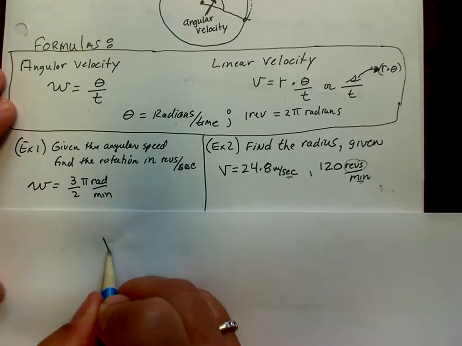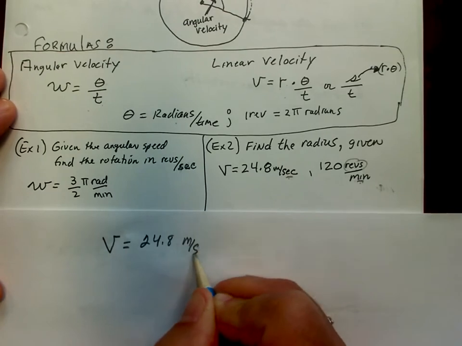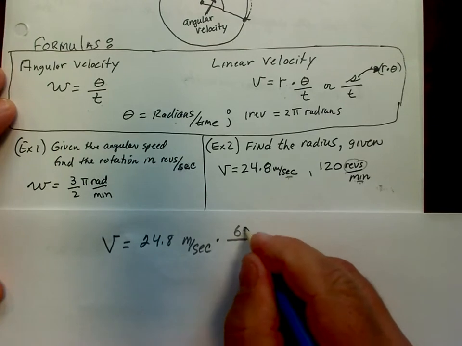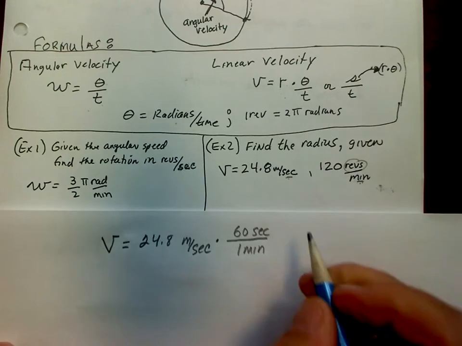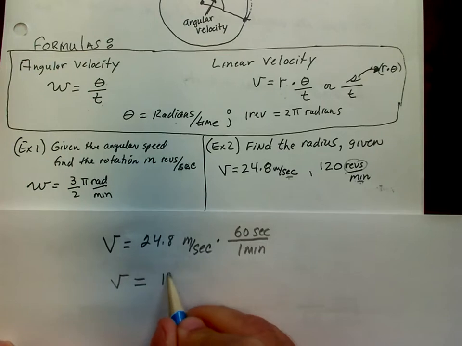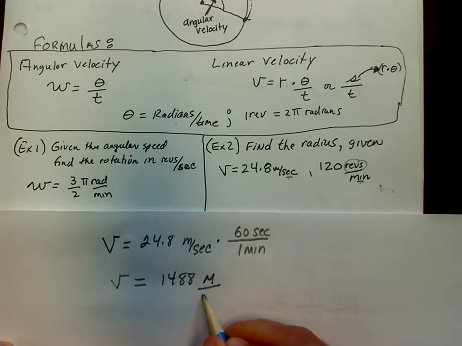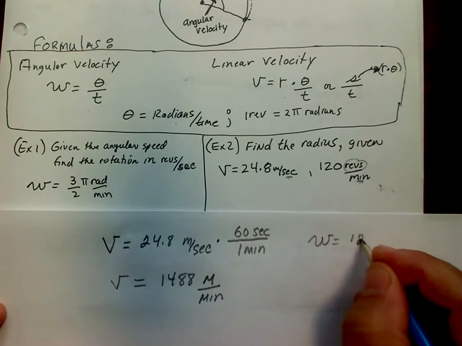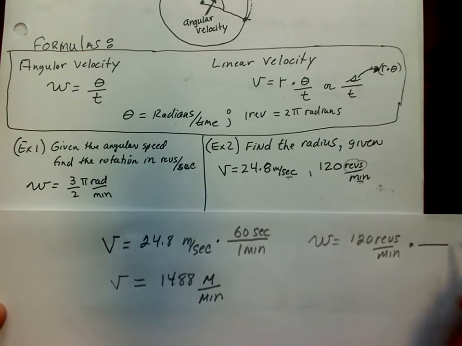So let's start with the linear velocity of 24.8 meters per second, and we will convert that to minutes. So we'll multiply by 60 seconds over 1 minute, and that will leave us with a linear velocity of 1,488 meters per minute. For the angular velocity, we'll take the 120 revs per minute and convert that to radians